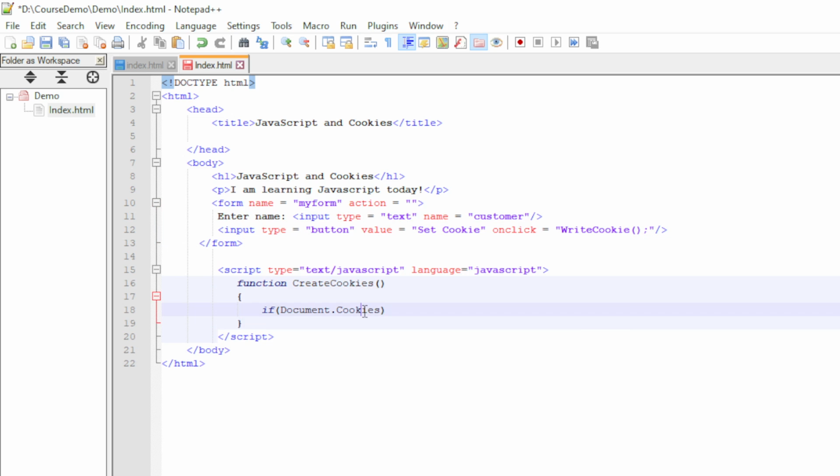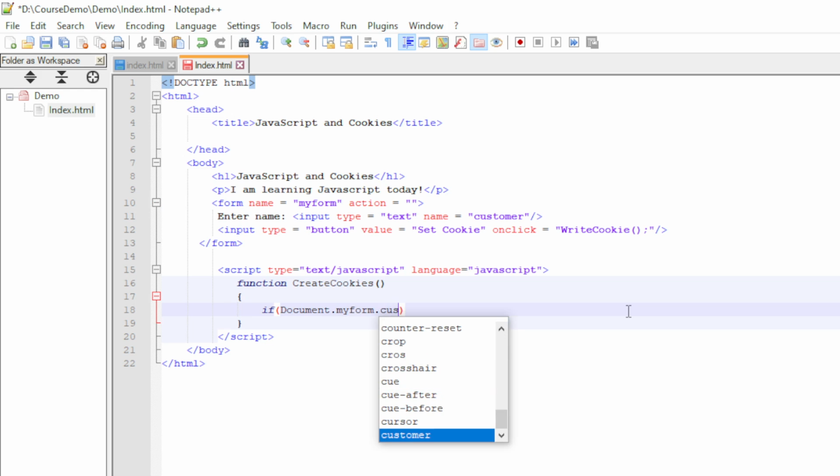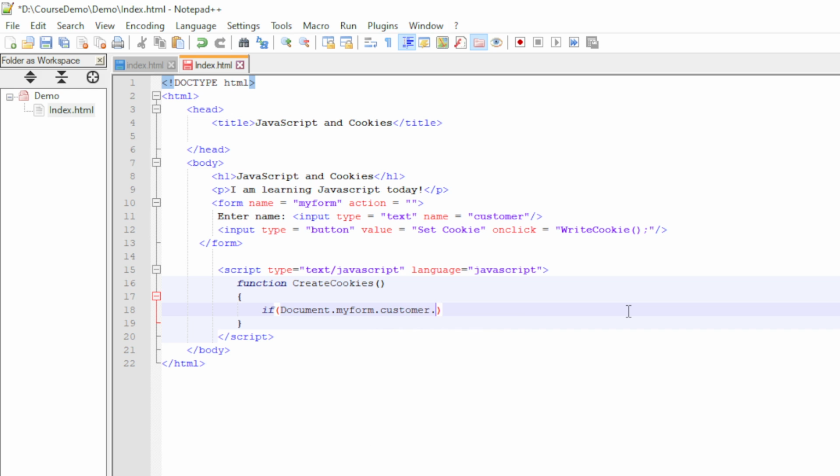So I just need to check whether document.myform.customer.value is equal to blank.